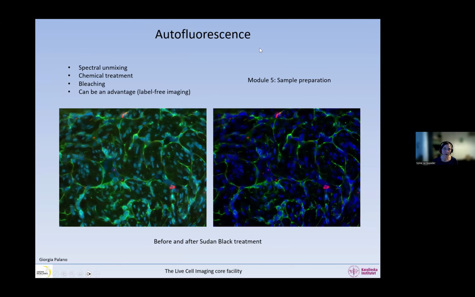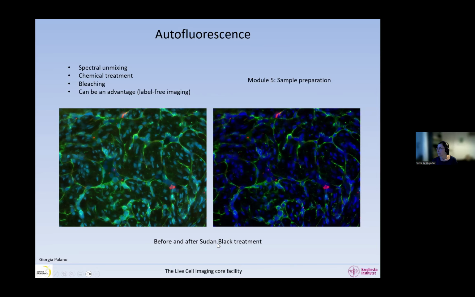So another part of fluorescence is, of course, autofluorescence, and this comes from many different things. But it's sometimes an annoyance and sometimes it can be useful. So we have to see it in a positive way. So in this sample here, we have treated with Sudan black. And you can see that the sample is clearly improved. Sudan black is very good if you have